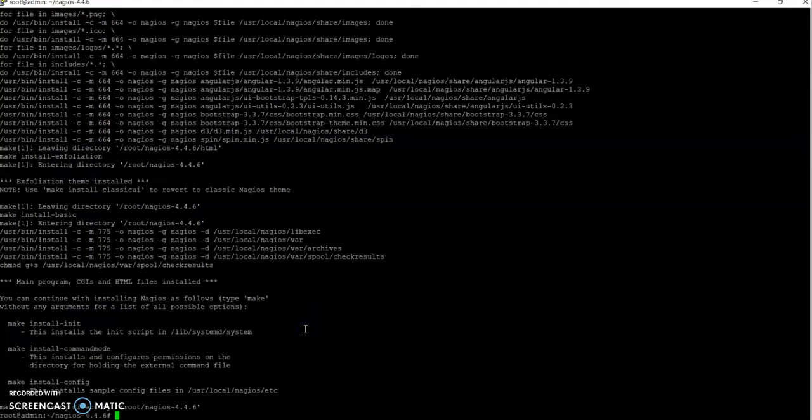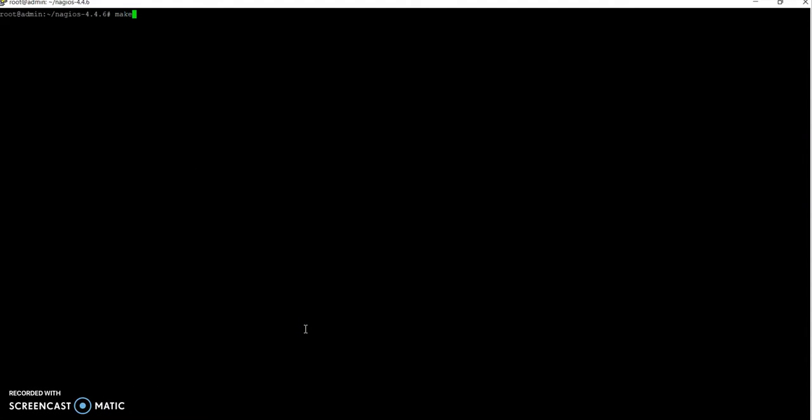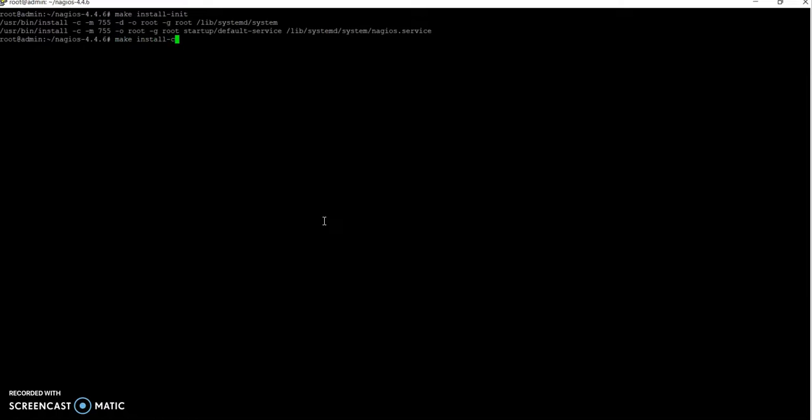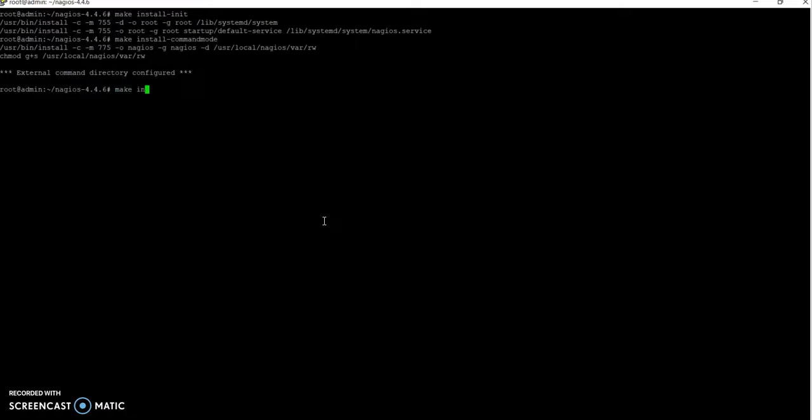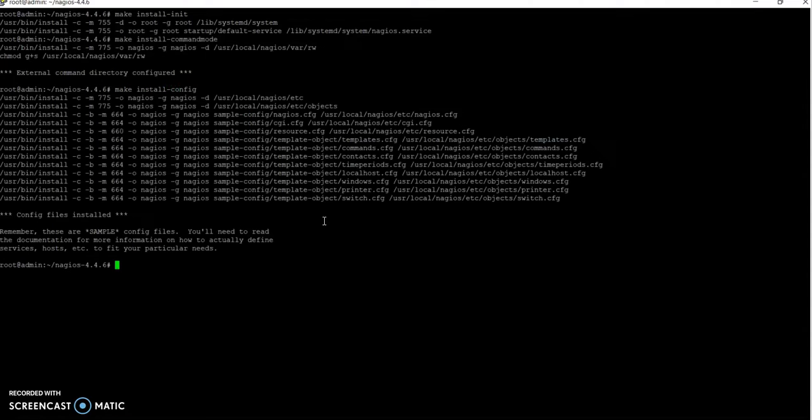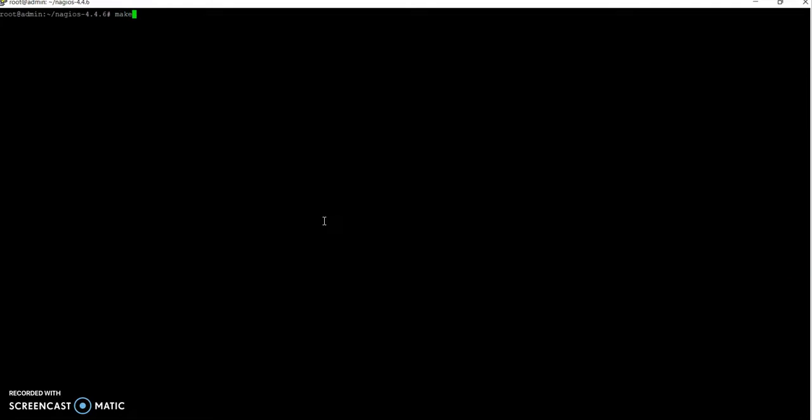Once it is done, we have to install configuration scripts by using the command make install-init. Then we have to configure permissions on the configs directory by doing make install-commandmode. Once that is done, we have to install sample config files by using make install-config. And then we have to install Apache files by using make